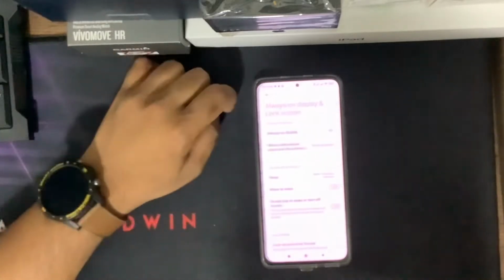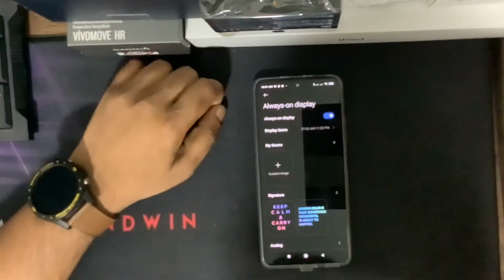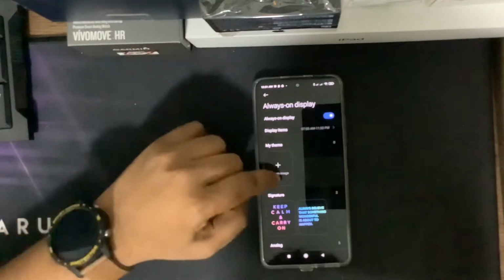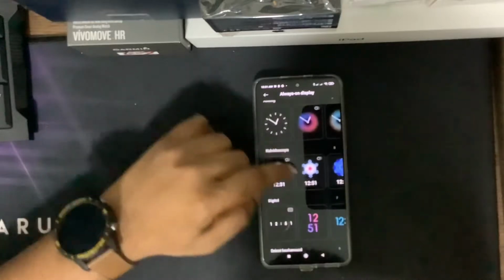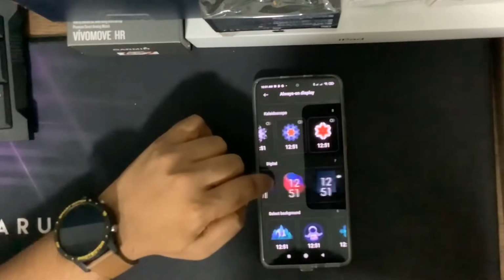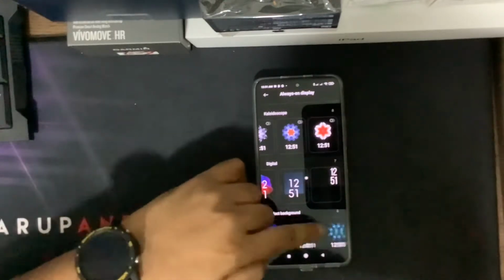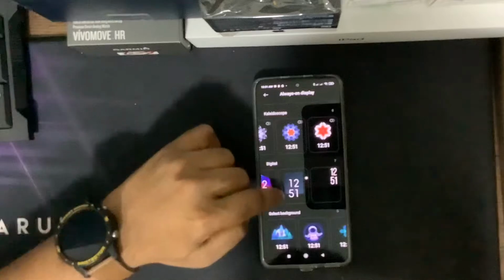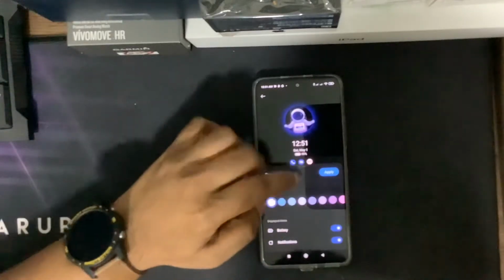Now, always on display. So we're going to turn it on. Let's see how we want it to be. Usually I'll go with the time and date. Maybe this one. Battery, and it shows notifications.